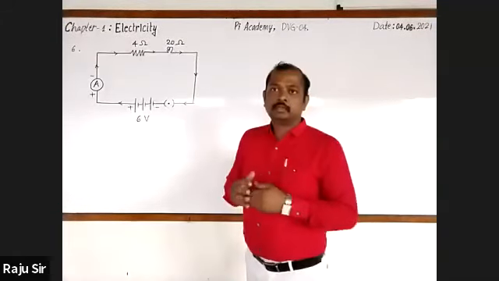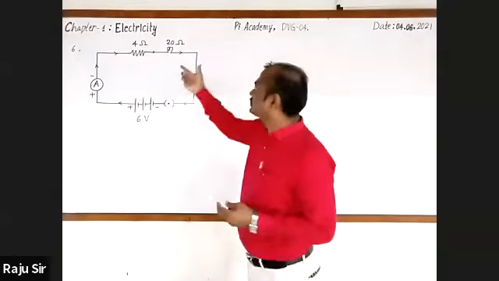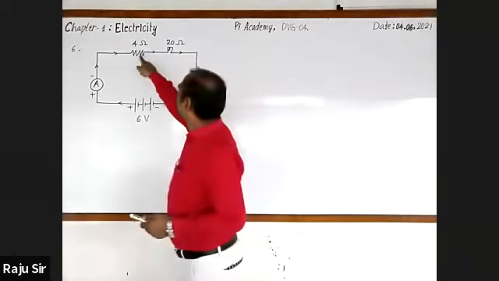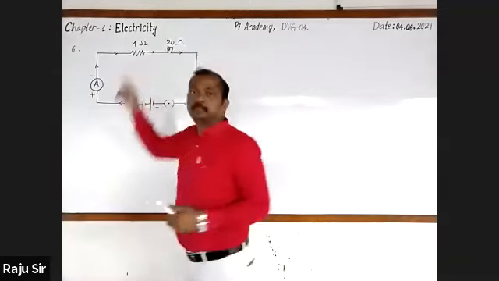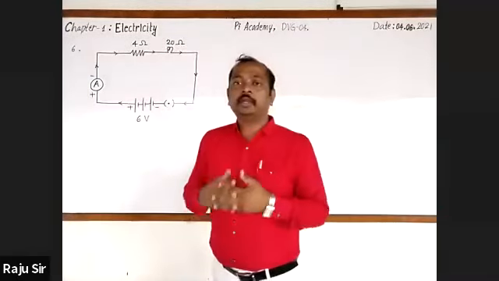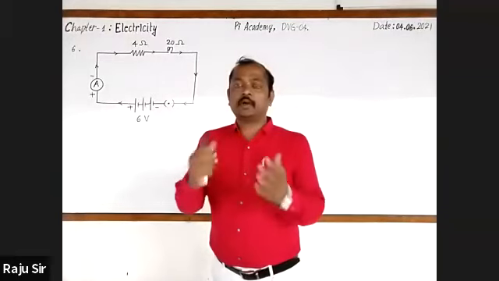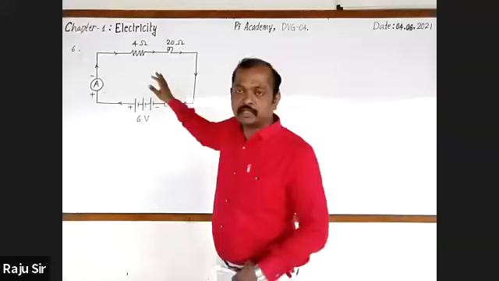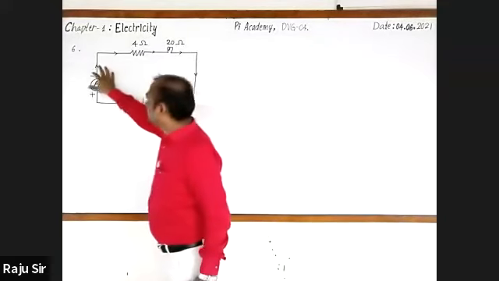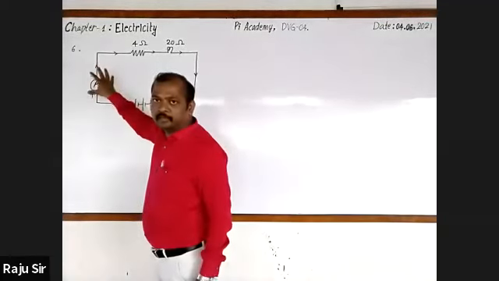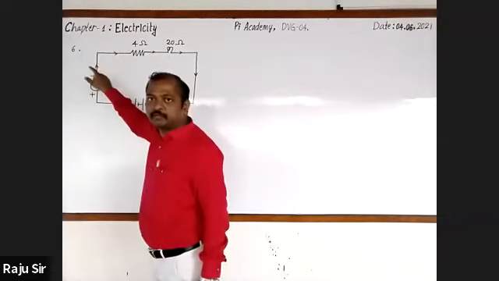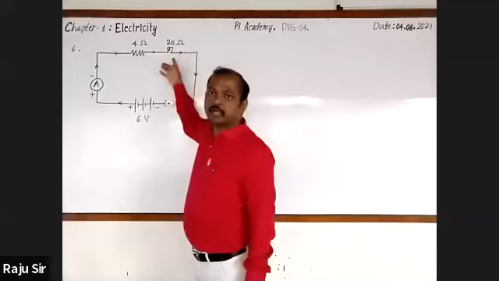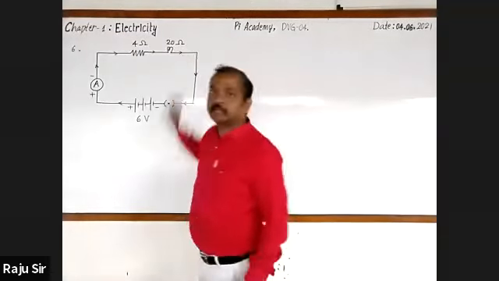Dear students, you know how these two electrical components are connected. 4 ohm resistor and electric bulb, both are connected end to end, and we call this series connection. As they have been connected in series, whatever the amount of current is recorded in the ammeter, the same amount of electric current flows through the first resistor as well as the electric bulb.